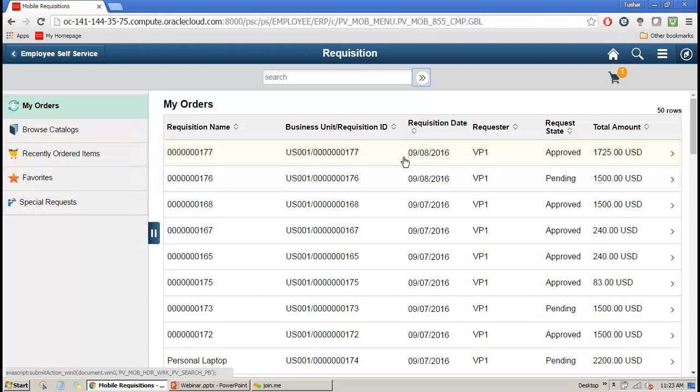And the home page right now, by default I have my orders that show up. This is also configurable, what you want your requesters to see as soon as they log into their requisitioning homepage. You can actually filter by various options. It gives you a look and feel of Amazon, which I believe most of us are very familiar with. Very easy to search application,